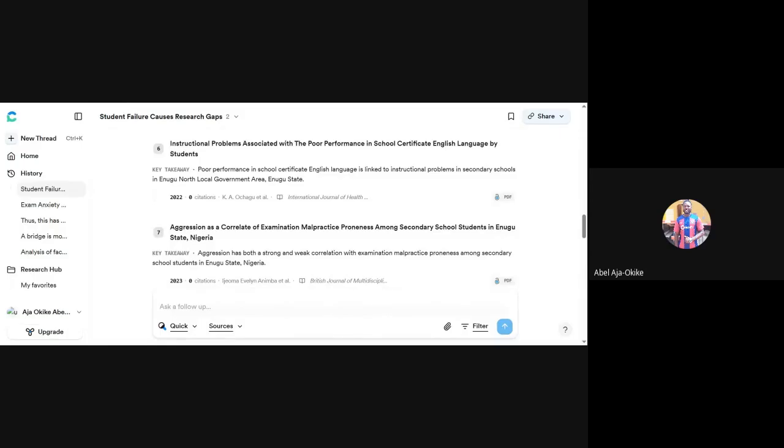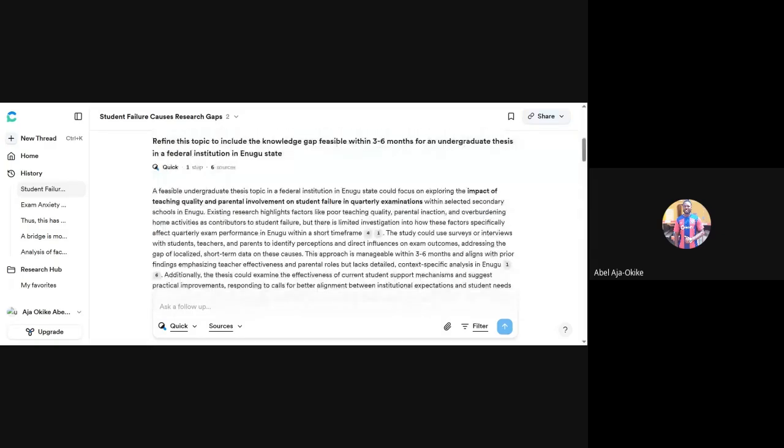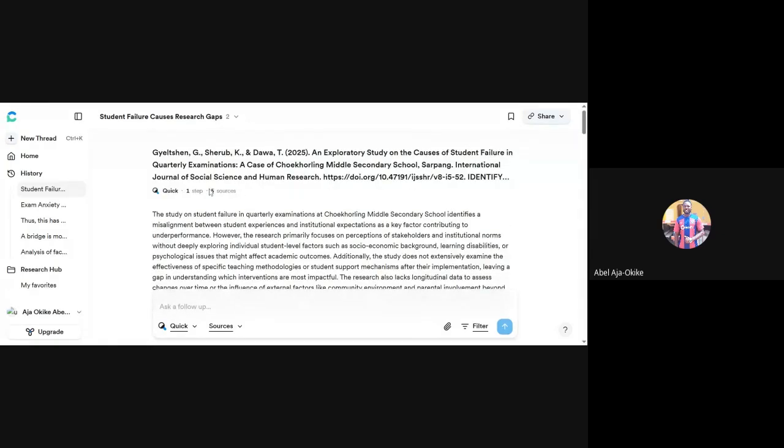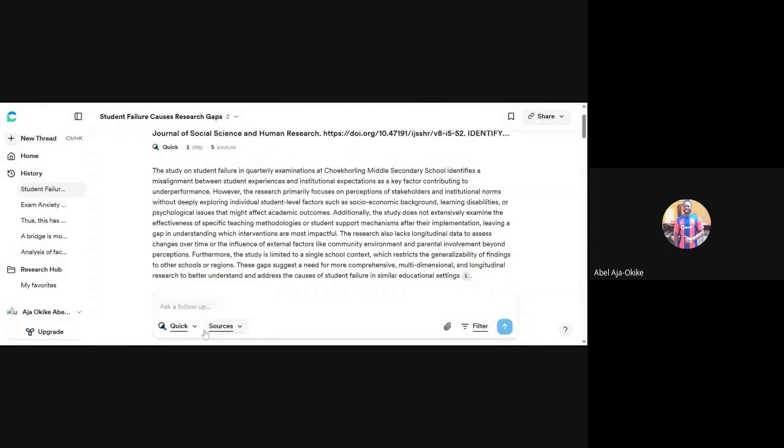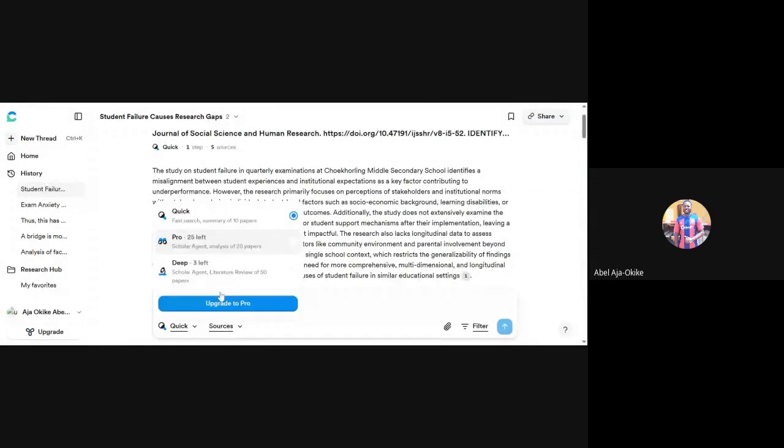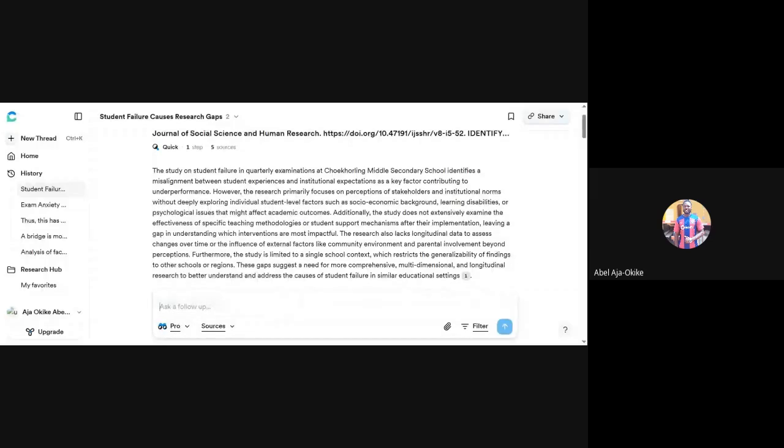So we've been able to explore the 3 areas in which Consensus AI can be useful. Now, I want to show us one last thing before we go further. I'm watching my time. So we're going to switch this so that it would give us a pro version of this. So we're going to ask for a comprehensive literature review on this.